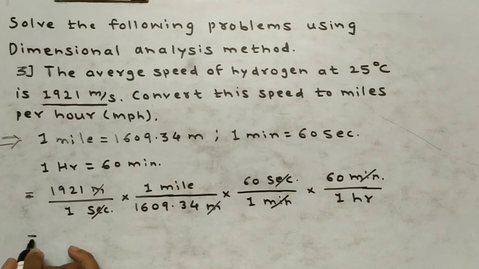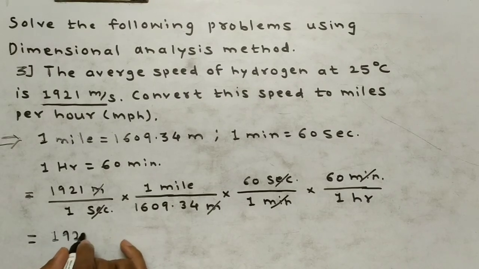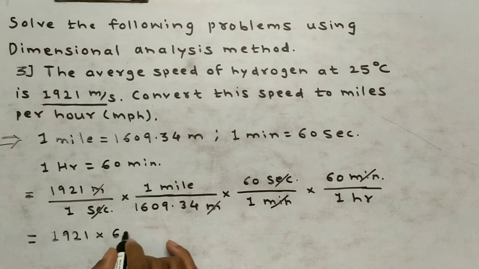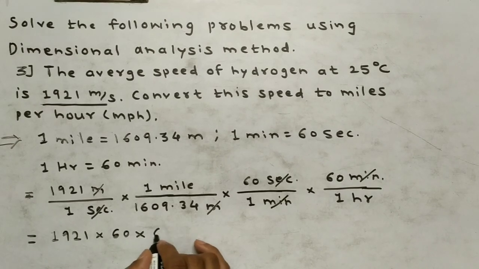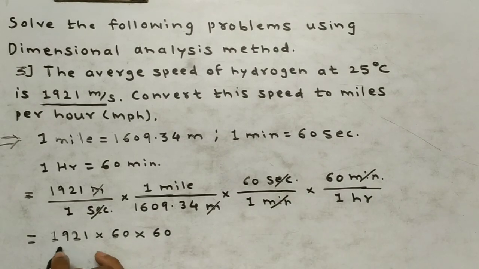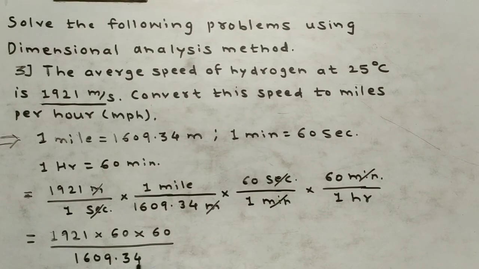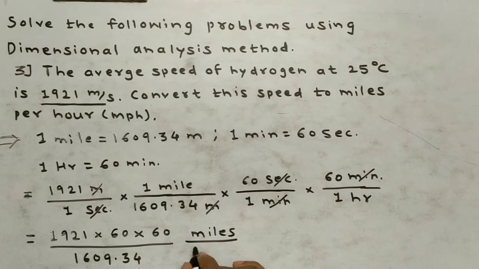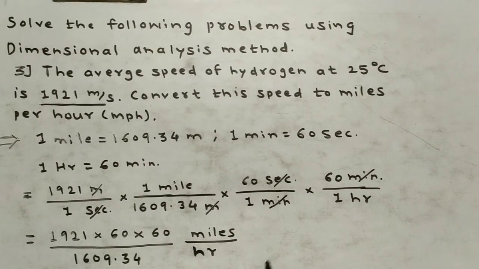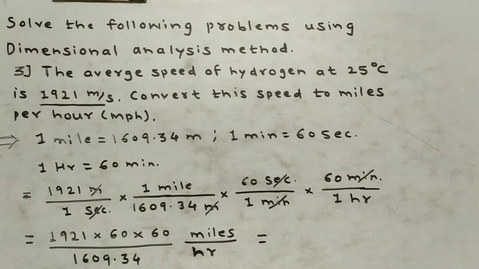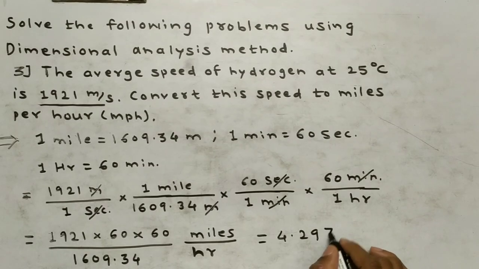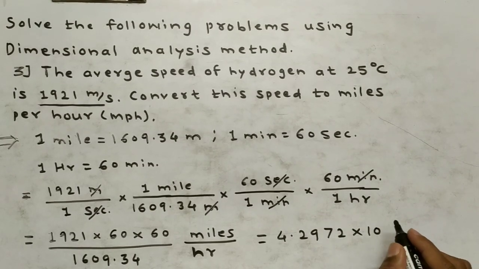So after calculation, we'll just write it down like 1921 multiplied by 60 multiplied by 60, then divided by 1609.34, and the unit miles per hour. Now the answer will be 4.2972 multiplied by 10 raised to 3